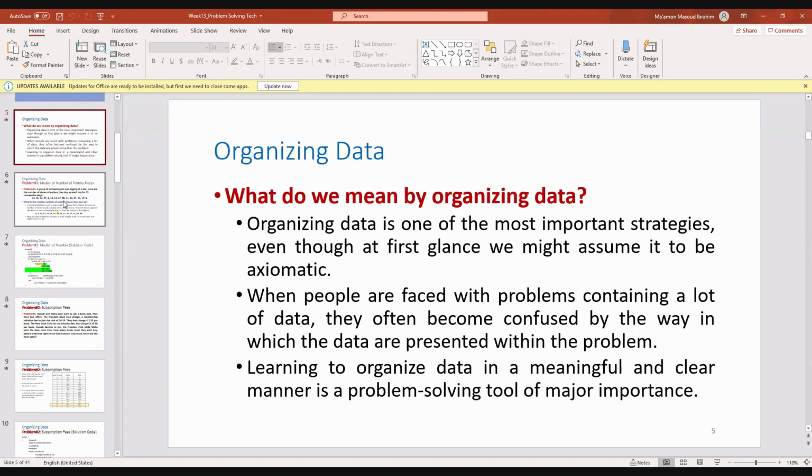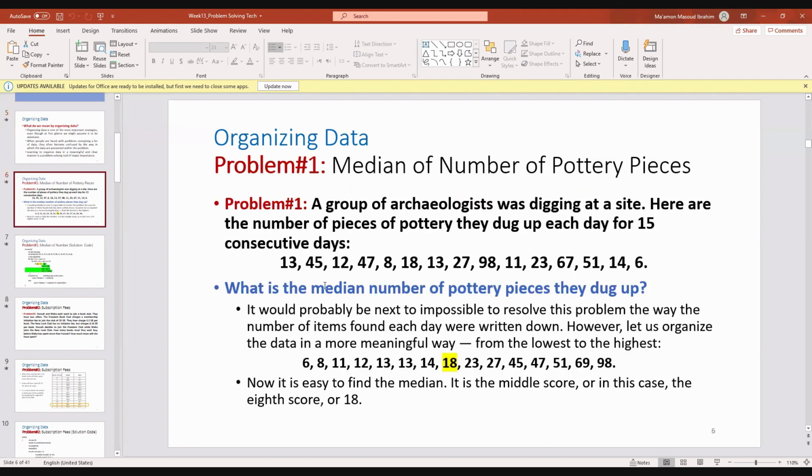So for data organization, we have talked about this one, finding the median number, and we said for that we need first of all to sort the array. Then we want to check the array size. If the array size is odd, I will find the one in the middle. And if it is even, I'm going to find the average of the one in the middle and the one